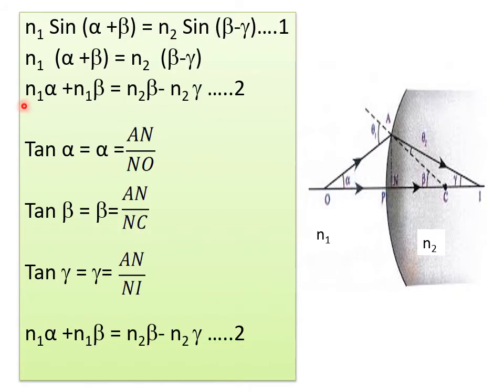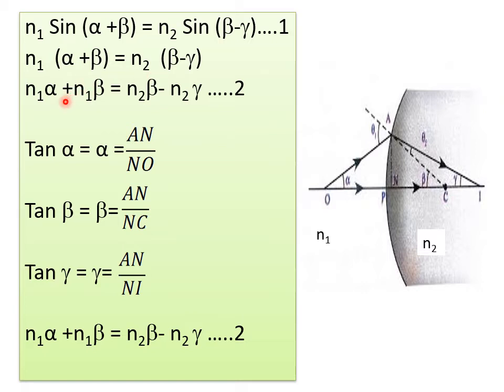So I told you children that alpha, beta and gamma are very small, and I have given that sine 30 is 0.5. If it is sine 5, it will be very less. Instead of that, you eliminate sine. In that sense I told you that. So here I am going to eliminate sine and write my equation in a new way: n1 into alpha plus beta is equal to n2 into beta minus gamma. This is your first equation changed in this way.